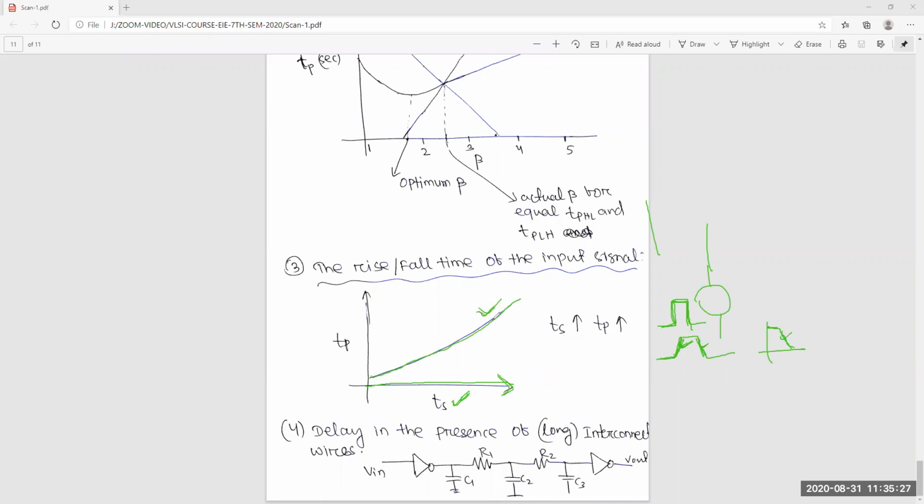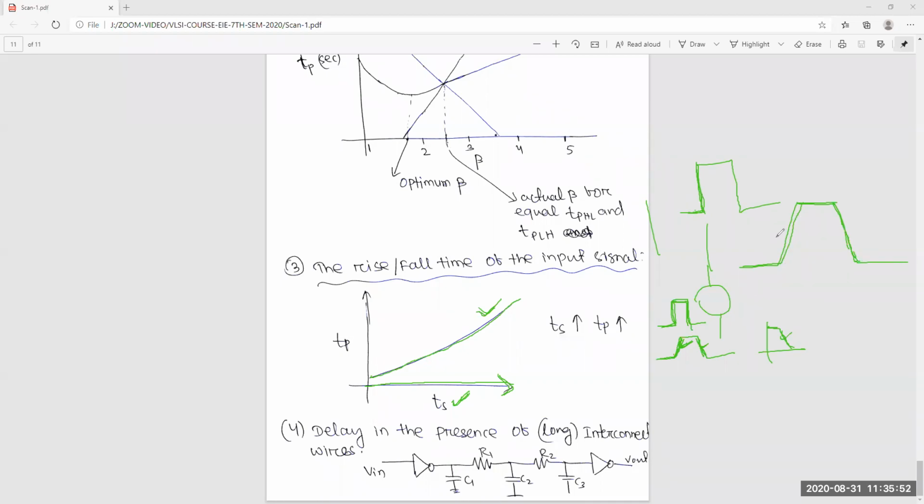Okay, are you getting that? What is the slope input here? Suddenly you are giving 0 to 1 or 1 to 0 at the input, but actually if you give this value, analyze these things. When you are giving this type of value, how does the output change? The propagation delay increases.